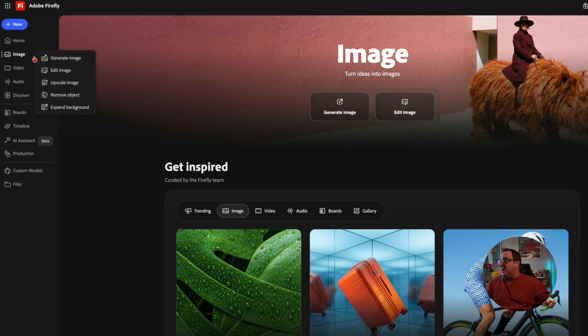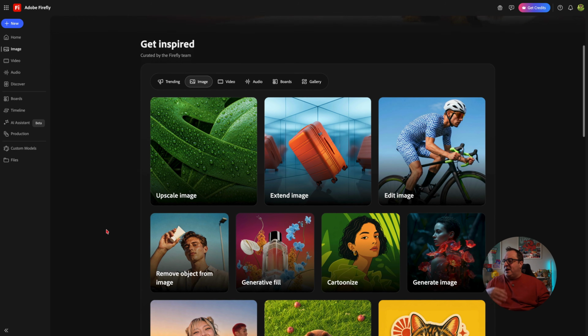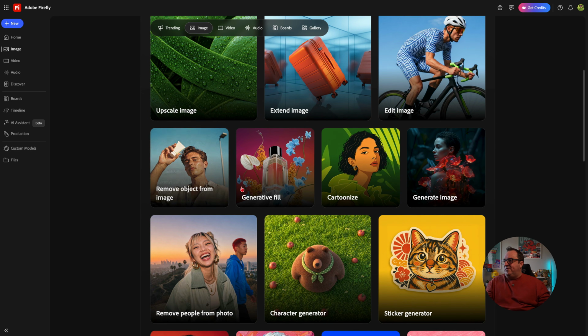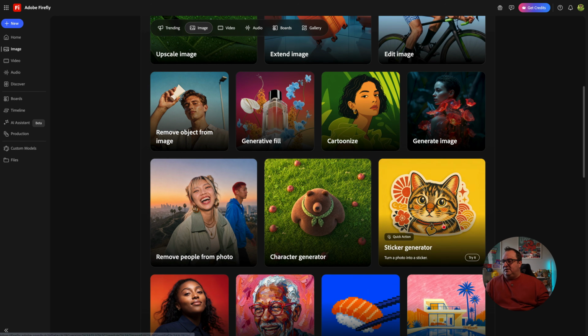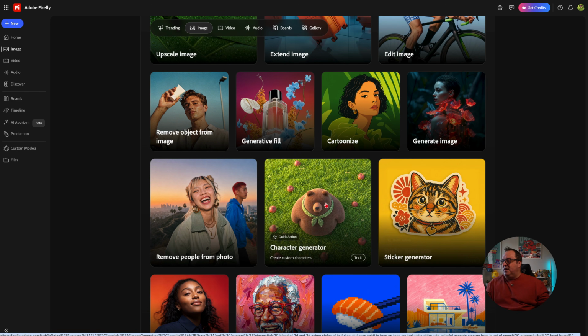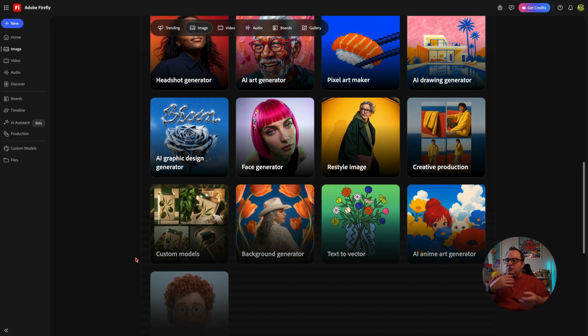Again, if you hover over an image at the side here, you can see that pops this out as well, so you can upscale, remove objects or expand the background. And also you can see this area here in the middle that we saw earlier on where you click on image. That's then going to give you a few different options. You can see here we've got generative fill, you can cartoonize things, you can generate image, you can create a sticker out of an image. We've got character generation, remove people, headshot generator. There's all sorts of different prompts and ideas that you can get started off here inside of the image area